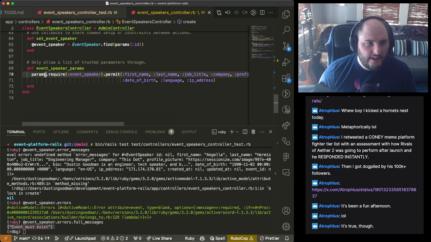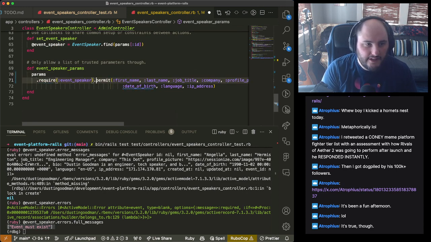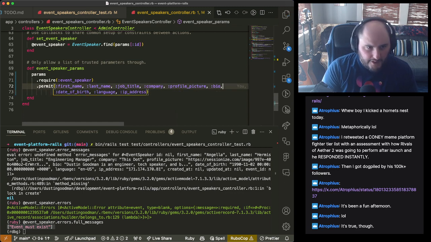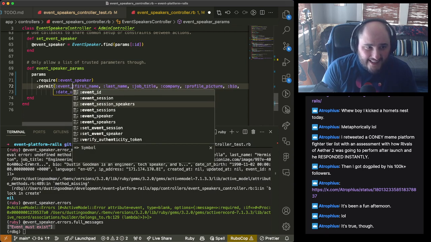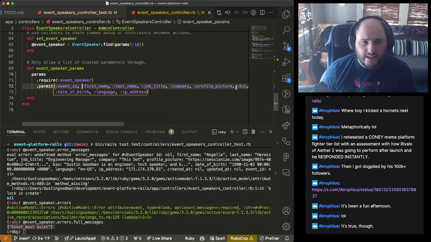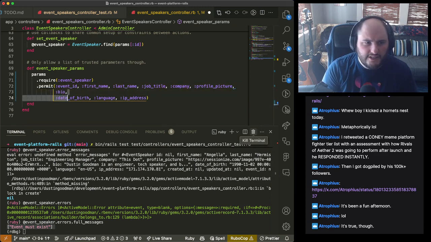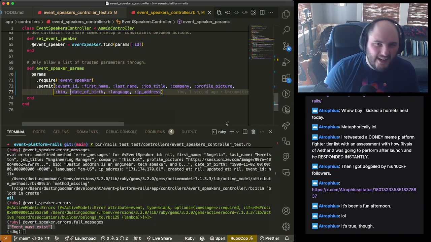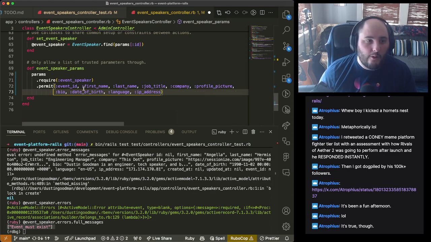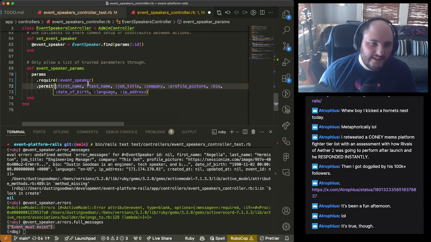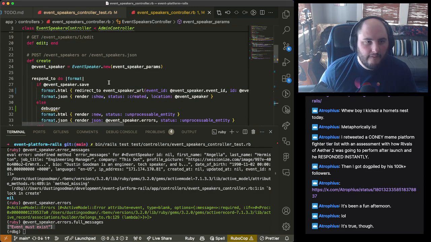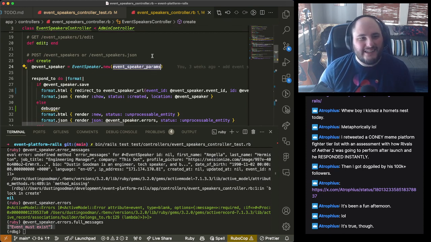Now, if we come back and we do the thing we did last week, if we make this legible, so it's not completely off screen, we can see that event ID is not allowed as one of our parameters here. Truth is, this is going to need to be allowed. Unlike last week where I said we'll assume that the organization can be derived from the current user, this is not true about the event, because we're not going to want to store the current event and the current user on it. That being said, it doesn't need to be there, because in our method here we have our parameters, but we need to extend them.